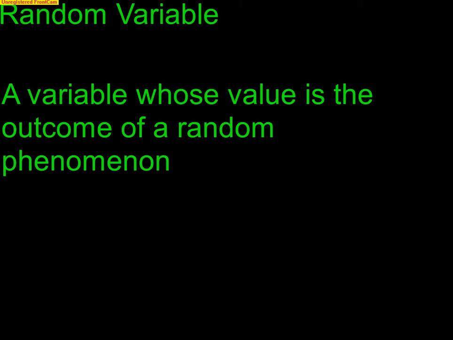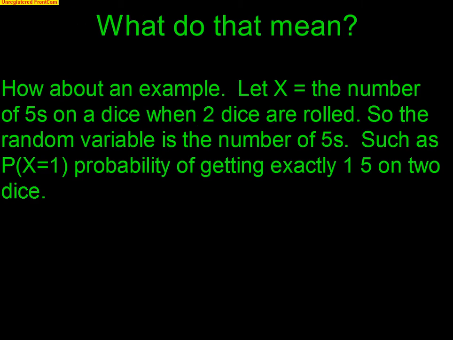Okay. Let's talk a little bit more. So what does that mean? And the way we're going to figure out what that means is by an example. Let's say x is the number of 5s rolled on a dice when 2 dice are rolled. So the random variable is the number of 5s rolled,